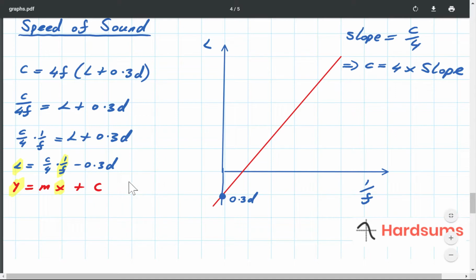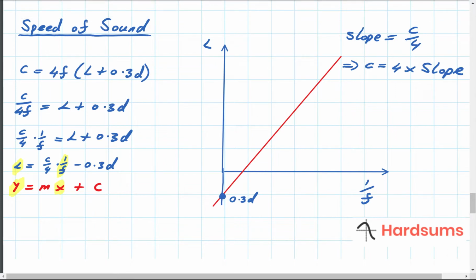Now this time it doesn't go through the origin, it's not proportional, there's a minus 0.3d. So that corresponds to c, where it cuts the y-axis. So if you take down this reading off your graph, where it cuts the y-axis, that's c, and then you put that equal to minus 0.3d. So for example, if you're asked to work out d, that's how you'd work out d if you use this point down here. More often than not, though, the whole point of the experiment itself is to measure the speed